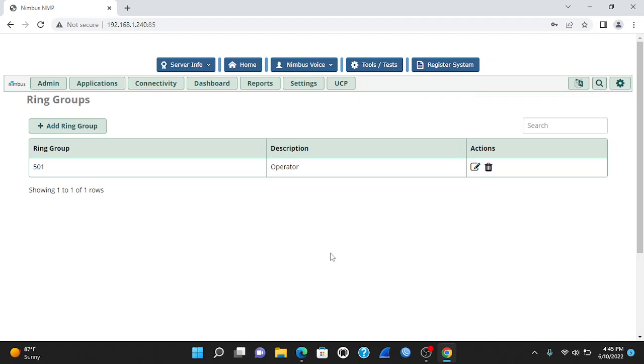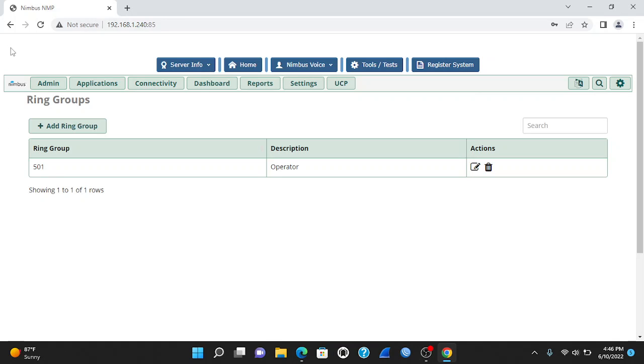A ring group, we are going to start taking a look at how to create auto attendants, also known as IVRs, in the Nimbus phone system. The first thing I'm going to do, though, is go to the System Admin tab, and we're going to get the system recording ready to be built and used for the auto attendant. So I'm going to go through that first, and then we'll go through and configure our auto attendant and/or